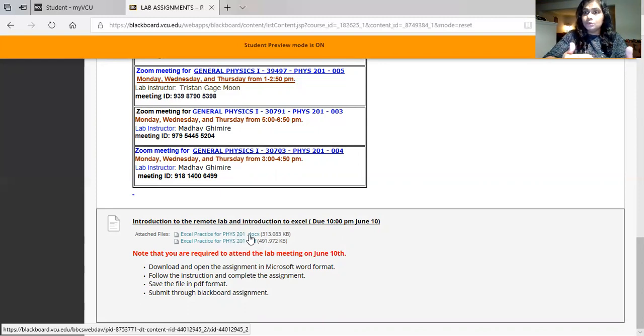Let's say you don't have Word. In that case, you can open the PDF file and type answers in there. And if you don't have that facility, take a paper and write your answers, but make sure to follow the format. Please label the questions properly and draw your diagrams properly. If you are plotting a graph, you need to use a graph sheet, and then scan it and